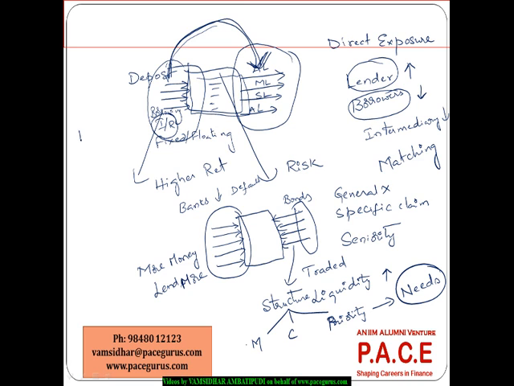So on one side, it can even act as diversification, because you can plan out how much risk you want to take, and based on the additional risk you are willing to take, you can structure the type of bonds accordingly, because this structure will provide bonds of different maturities, different coupon structures, and different priorities in terms of payment. So rather than directly purchasing the loans, going through an SPV route and purchasing the bonds issued by the SPV will definitely create much more diversification and risk reduction for the investor.